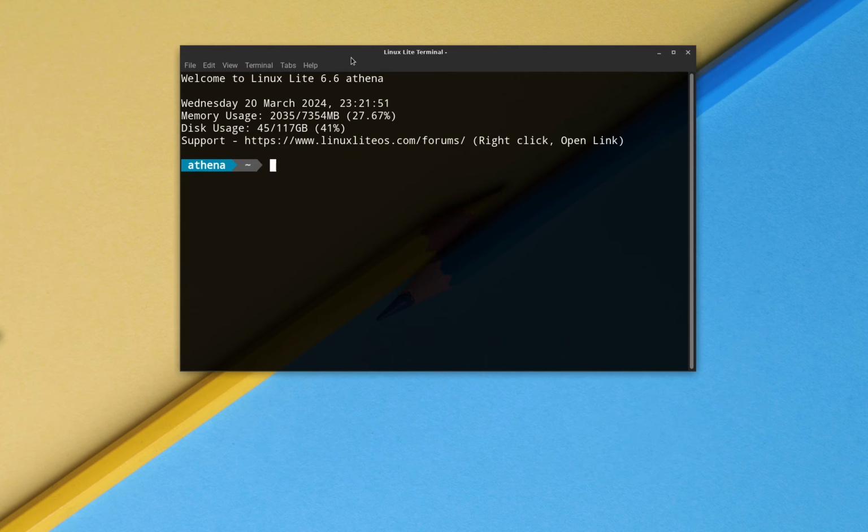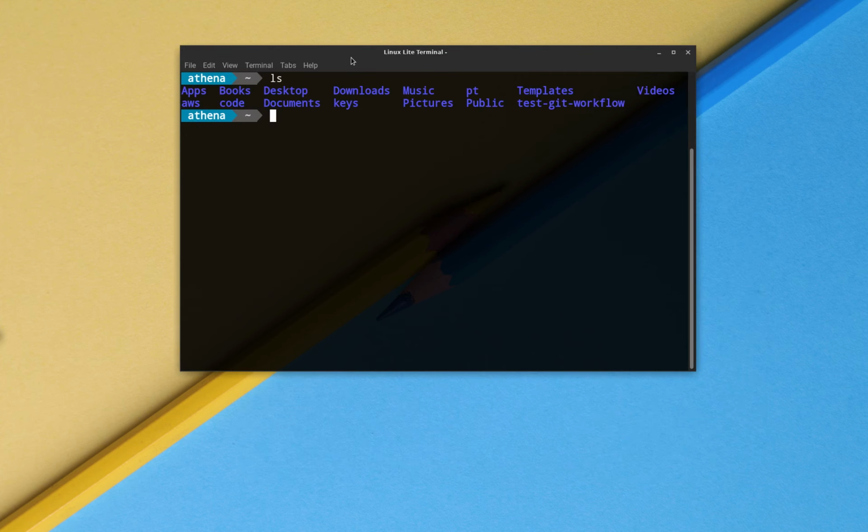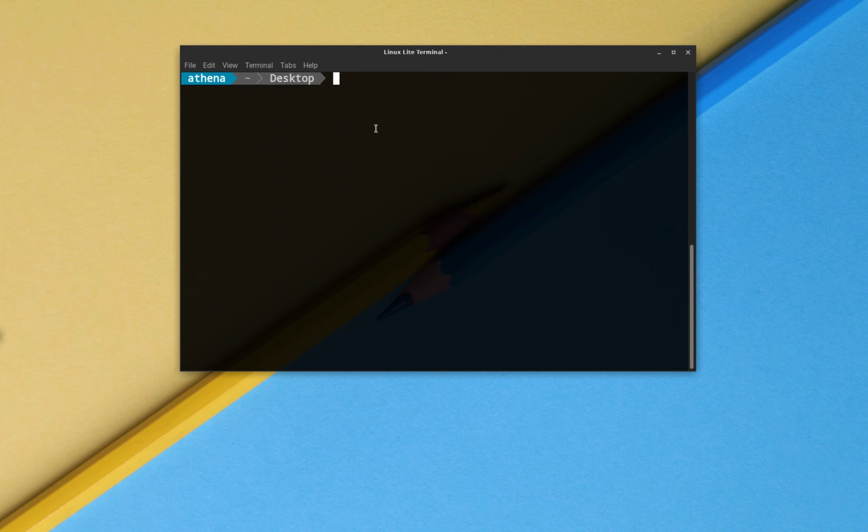What we're going to do is we're going to come here. Let's cd, let's go to desktop. So let's create a repository first. So I'm going to use GitHub repo create. I'm going to use a repository from scratch, and